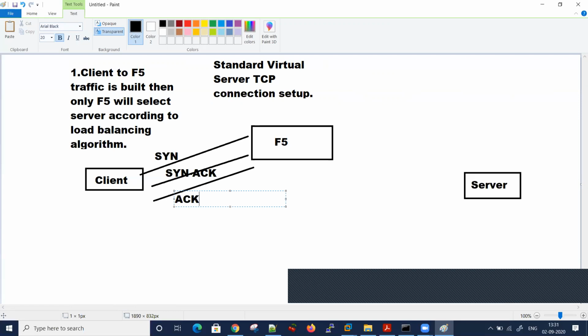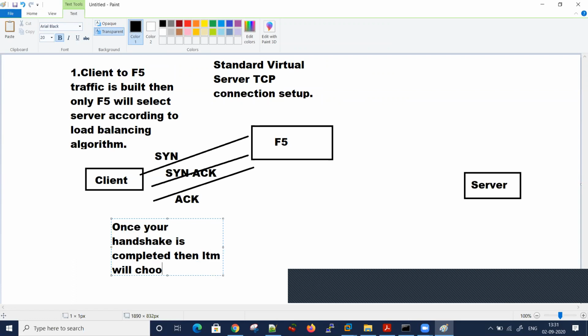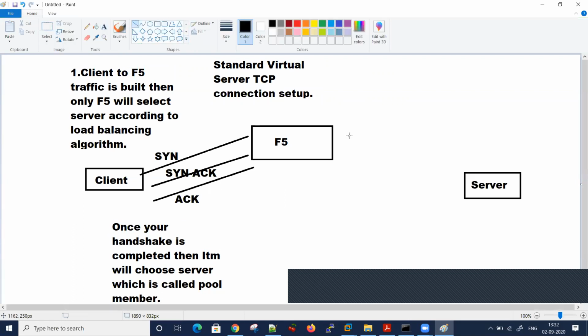Once your handshake is completed, then LTM will choose server, which is called pool member. So once this three-way handshake is fully built, then there will again be a three-way handshake. Okay, I got your point.